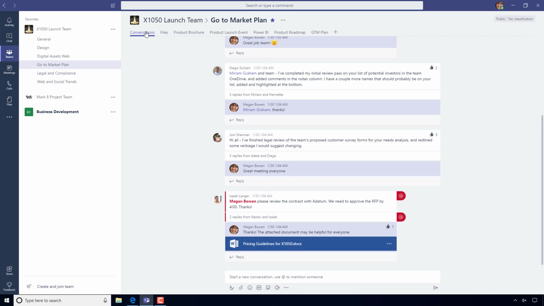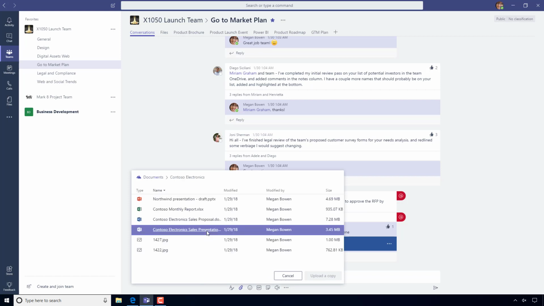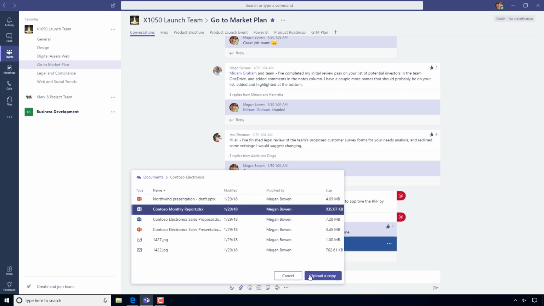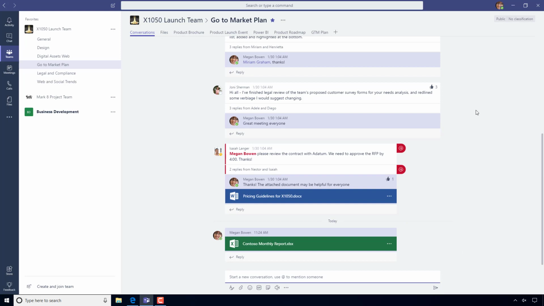In a conversation, Megan can upload a file, such as a PowerPoint document. Every time someone creates a team, a corresponding SharePoint team site is provisioned as well. When Megan shares a document, it automatically gets uploaded to that SharePoint site, and all members of a team can easily access it through the Files tab. The Files tab is included by default for every channel and provides an easy way for team members to share and store content. By default, all members of a team can edit and view any file that has been shared